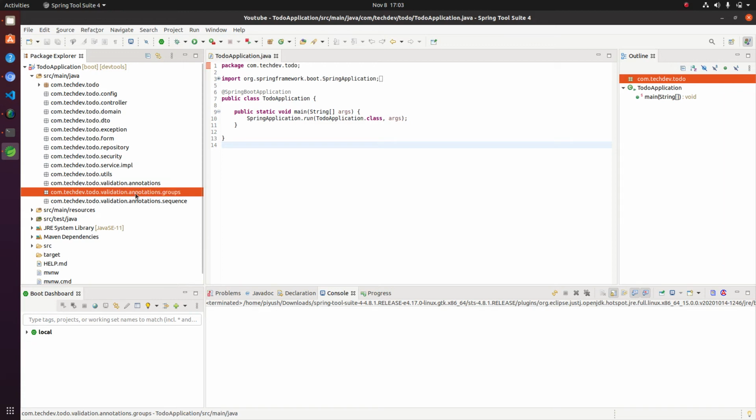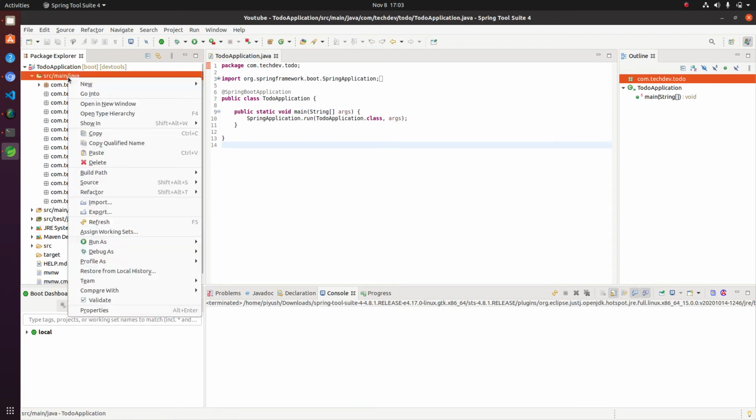And after that, in the annotation group, actually when you have multiple validations in one of the forms or one of the request bodies, then for managing the sequence of validation, you need to create the group. In this group, you will know what group the validation is created for, and after that we have created a package for validation.annotation.sequence, means the sequence in which the groups will be handled to validate the request body.